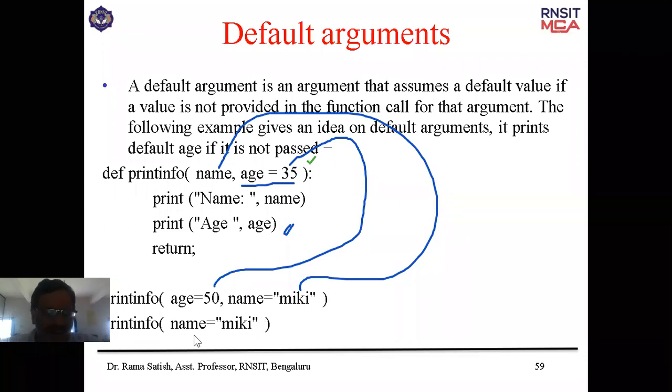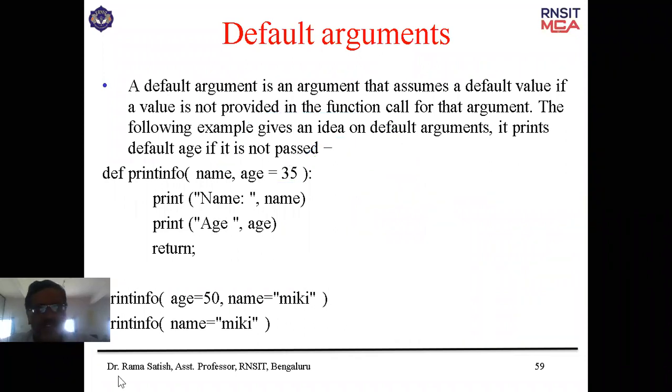So you can give default values, even two default values. It is possible. So the order of the arguments you can change, and you can give default arguments. That's a really fantastic concept.